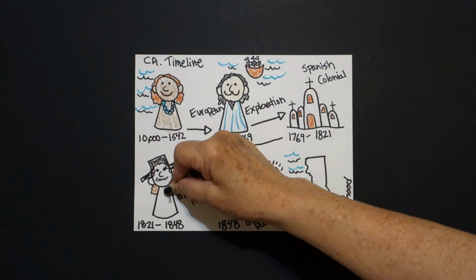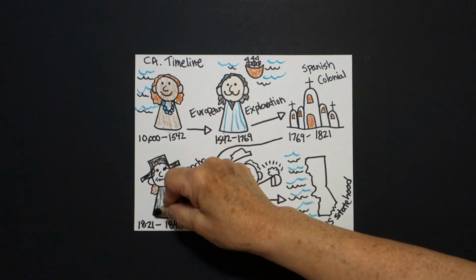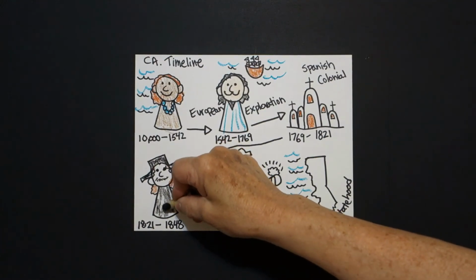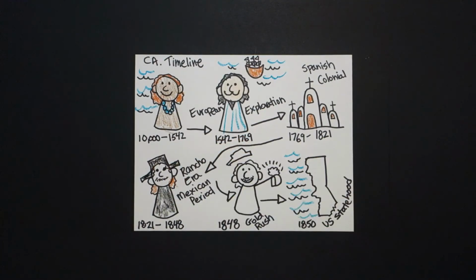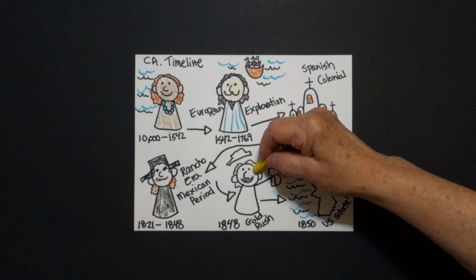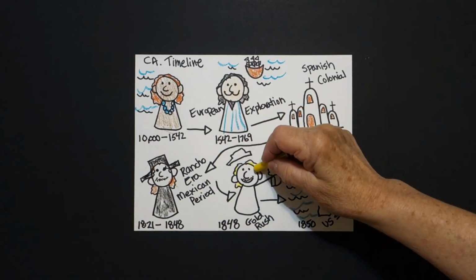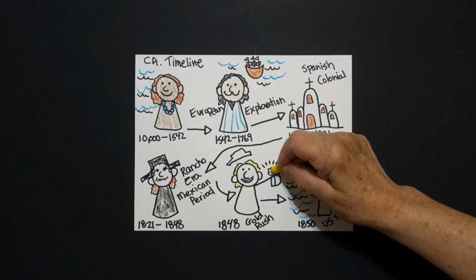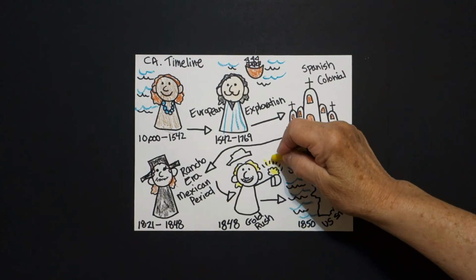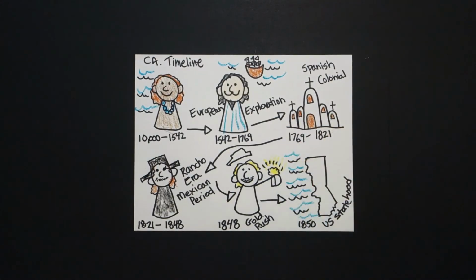If any of you have watched Zorro, this is his era, Zorro. Okay. Next, the big change, the big shift. I'm going to give this guy blonde hair. He's definitely an Anglo. So we'll give him yellow hair, and here's the gold. The Gold Rush changed California unbelievably